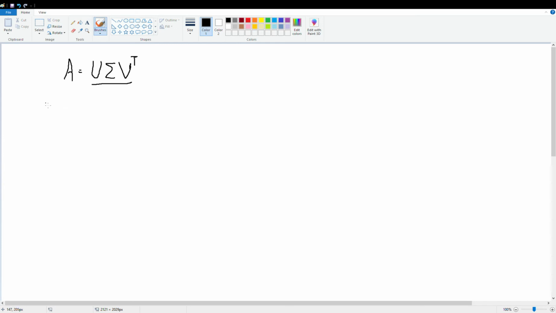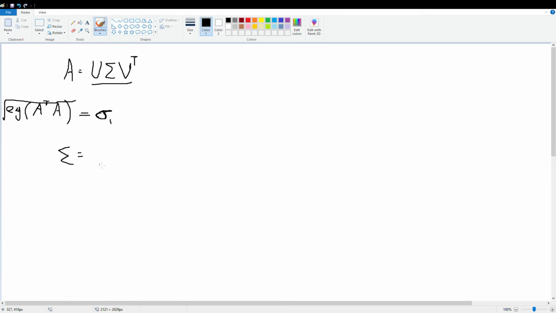So obviously, to calculate the singular value decomposition, you need to calculate the singular values of A. And remember that the singular values of A are the square roots of the eigenvalues of A transpose A. And that will give us the singular values. Now the first element that I'm going to explain in here is sigma. Sigma is the singular values of